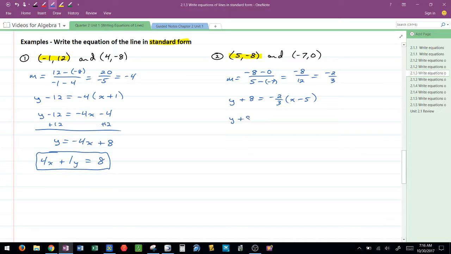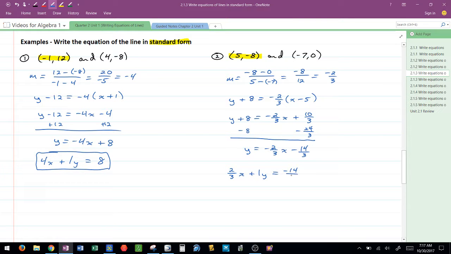Distribute: y plus 8 equals negative 2/3 x plus 10/3. Negative 2/3 times negative 5 is positive 10/3. Subtract the 8. Which means I'm really subtracting 24/3. 24/3 is the same as 8. Y equals negative 2/3 x minus 14/3. Okay, get the x over on the left side, so that makes it positive 2/3 x plus 1y equals